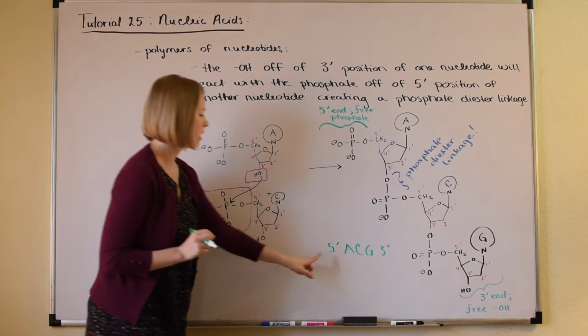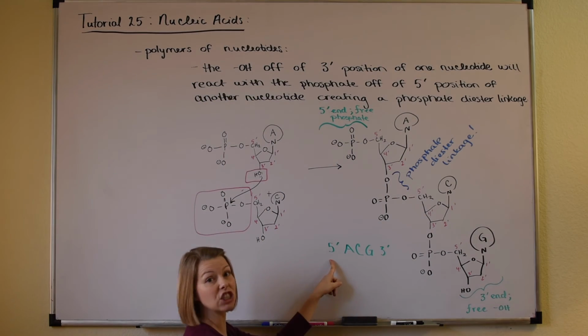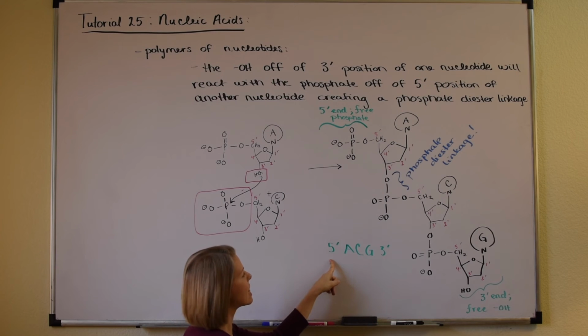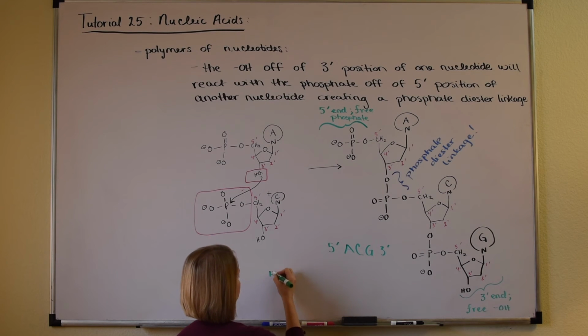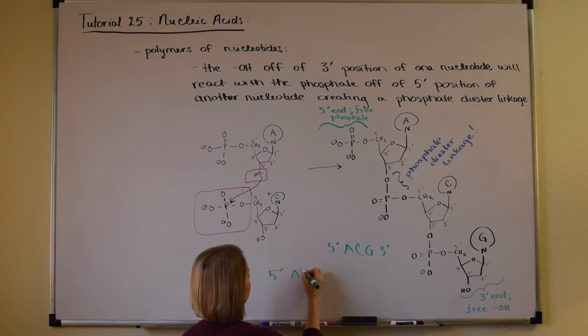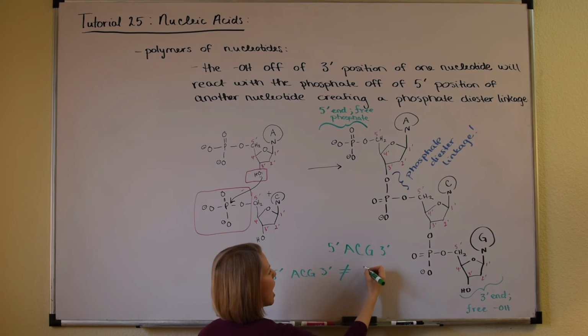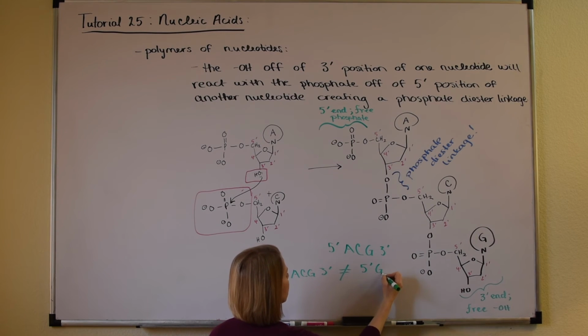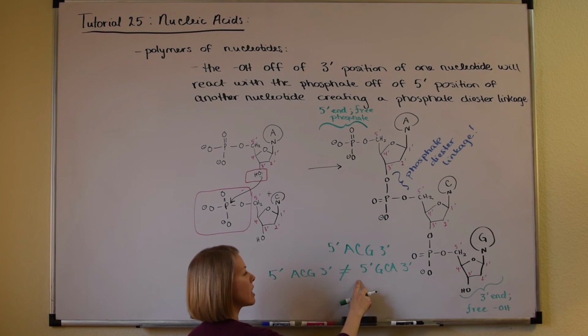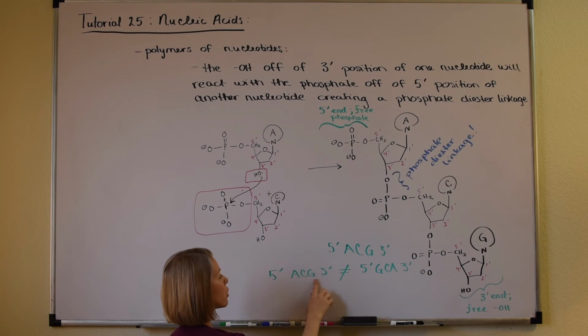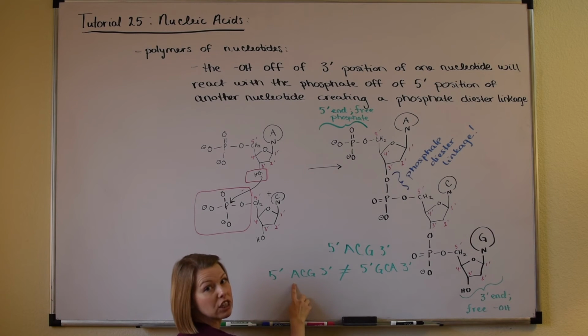In other words, 5' ACG 3' is not the same, let me write it down here, ACG 3' is not the same as having the sequence 5' GCA 3'. Because in the first polynucleotide chain, we can see that the free phosphate is off of the adenine